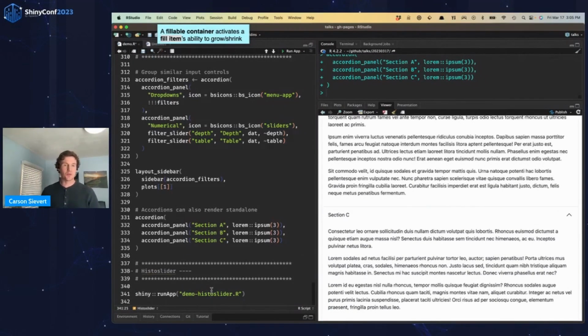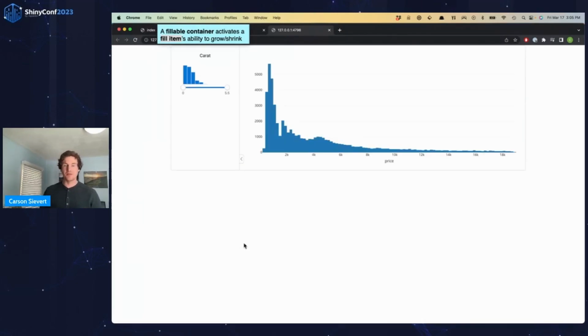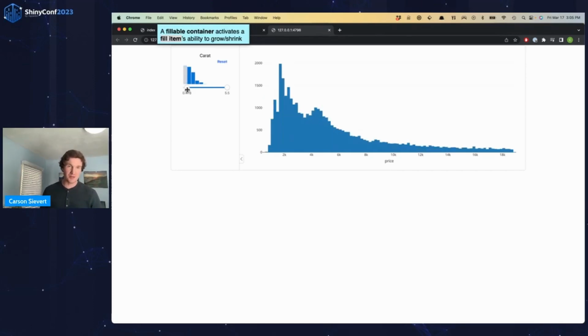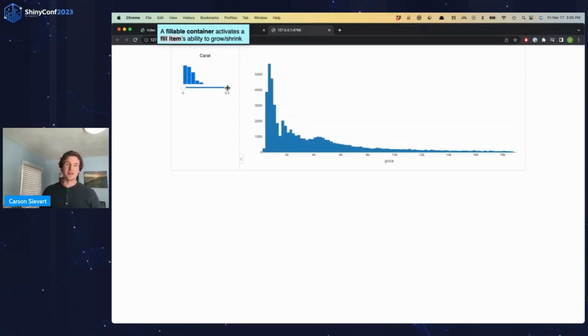And then, as a side note, I recently created this histoslider package, on my personal GitHub repo, that gives you a slider control that has a histogram tied to it. So I can see on this slider that most of the diamonds are lower than a carat or a carat and a half.